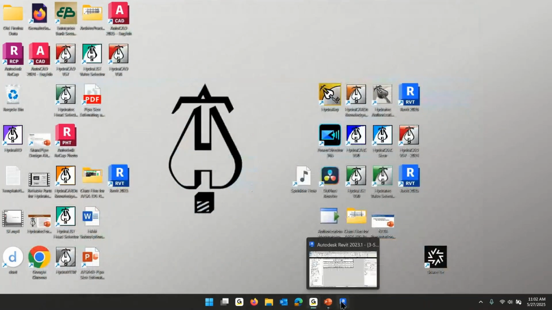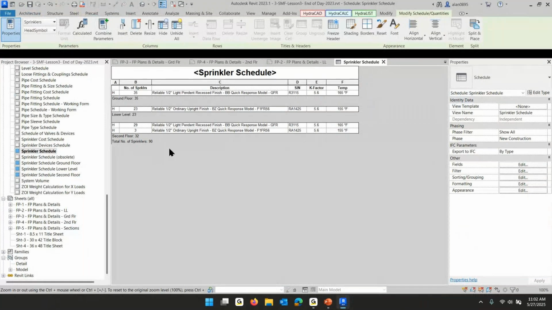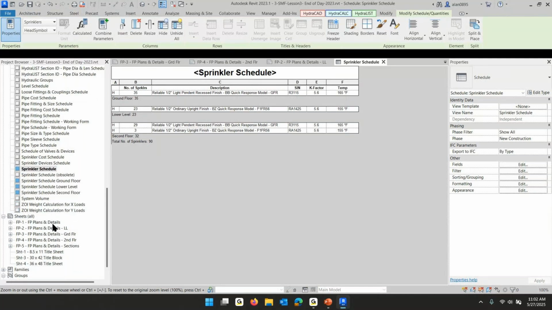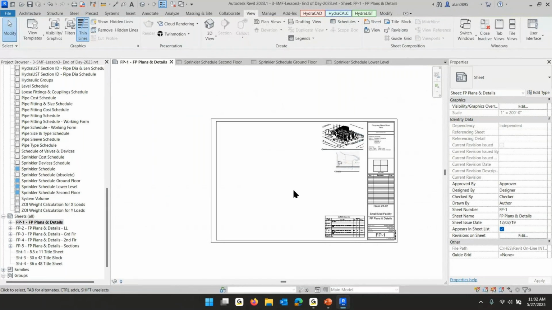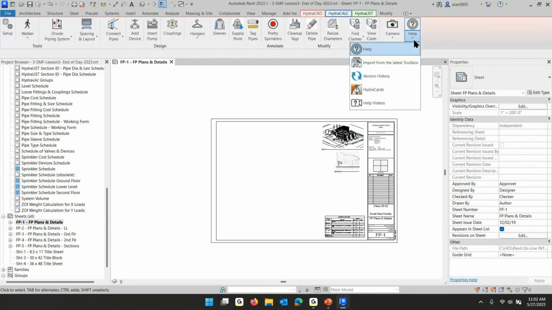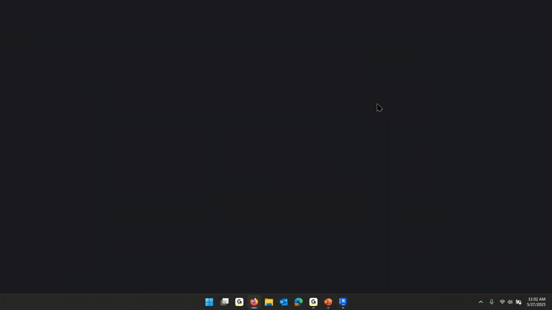I'm going to start over here. I'm going to get to, let's see, the cover sheet. And now I'm going to put some 2D details on this sheet, and I'm going to start by closing all the others. So I've got my project open and just this sheet that I want to put details on. Then I'm going to go to the help pull down and click on help videos. And in the search, I'm going to search for